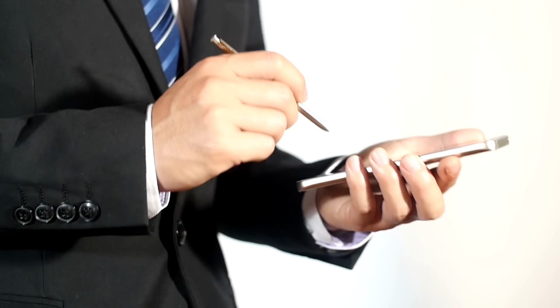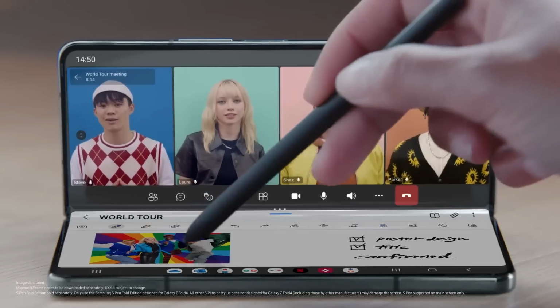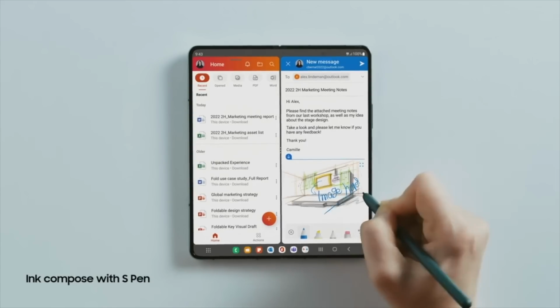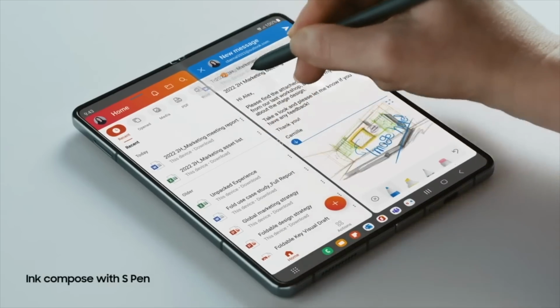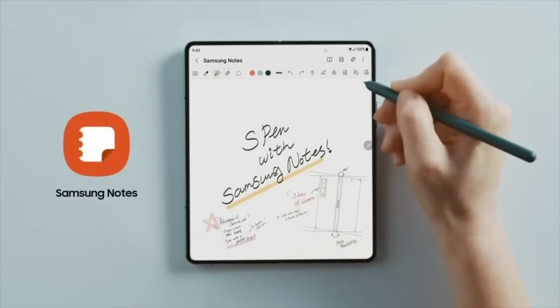You might be a super Galaxy Note fan that used the S Pen all the time, but from personal experience, when I had a Note, I rarely used the S Pen. And it was because the display was just still a little too small to actually use it comfortably. Well, the Galaxy Z Fold 4 has that larger display, which is perfect for the S Pen. You have much more space to take notes, to draw, or simply have the precision you need with a larger